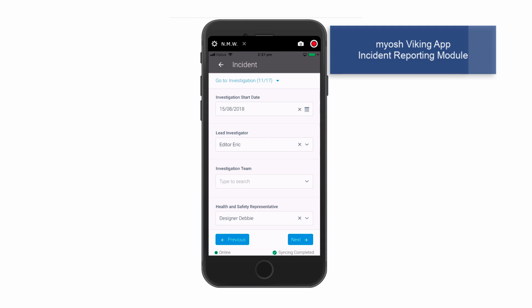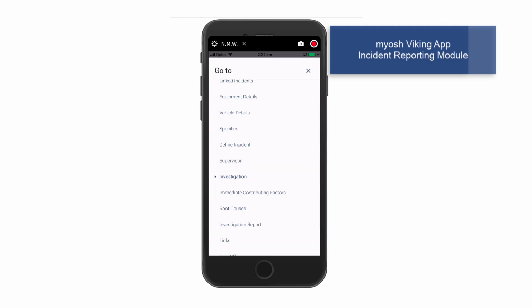You would then not be able to see, based on access controls that are set, any of the investigative processes or the information about how a person was treated for their injuries. I'm logged in as an administrator, so again, I can see everything. If we go and have a look at that drop-down list of sections again, and we scroll down to the bottom and we look at links,